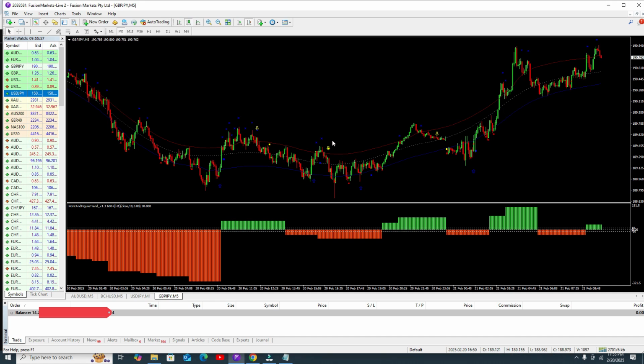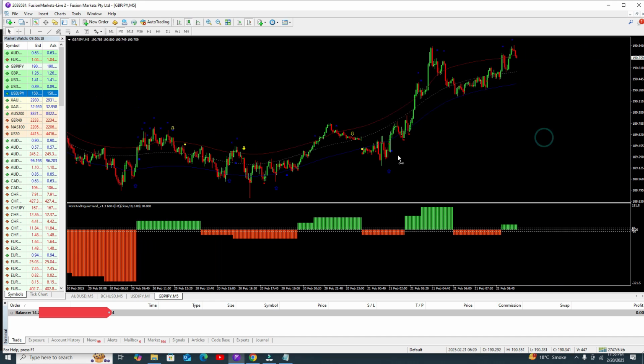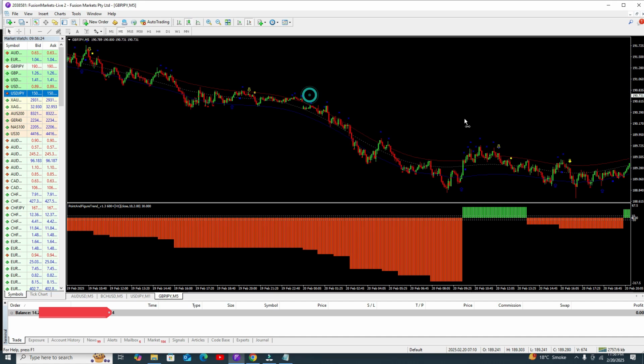Here you got the sell signal, but the signal is not touching the upper band line, it is almost touching the lower band line, so we are not interested. Here you can see the buy signal and the candle is touching the lower band line, so we are interested and we need to go for the buy trade and close your trade here. Here you can see, go for the buy trade and close your trade. Okay, no more trade here.